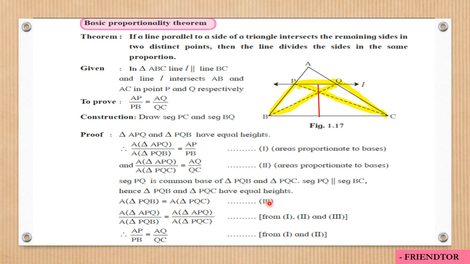Okay, so from the first point, second point and third point, we have that these two ratios are equal, that is area of triangle APQ upon area of triangle PQB is equal to area of triangle APQ upon area of triangle PQC. Now here the numerators were already the same, and here we got that the denominator values are also the same, so these ratios will be the same. Alright, so if these ratios are the same, that is, the left hand side of this equation is the same, then the RHS also should match. That means AP upon PB is equal to AQ upon QC. Okay, simple.